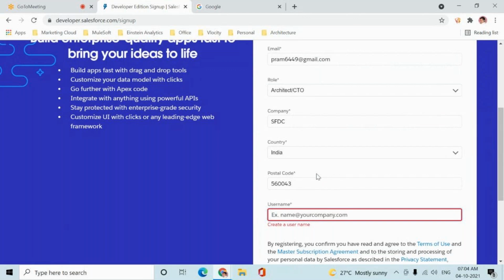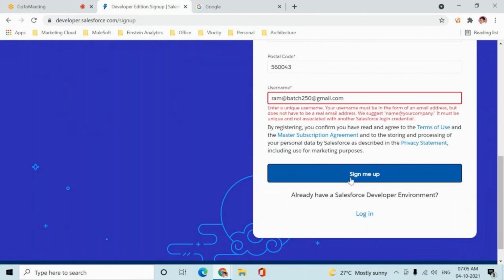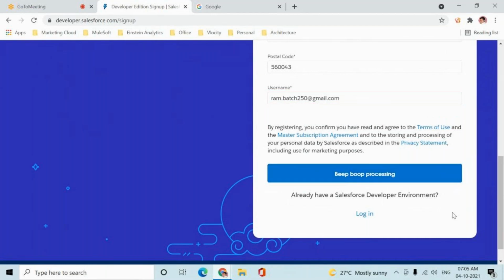Let us say I'll name it Ram at, give the batch number. I'll give the batch number as 250 at gmail.com. Okay, and I'll sign up. If it really works, then it will send an email to my mail ID.